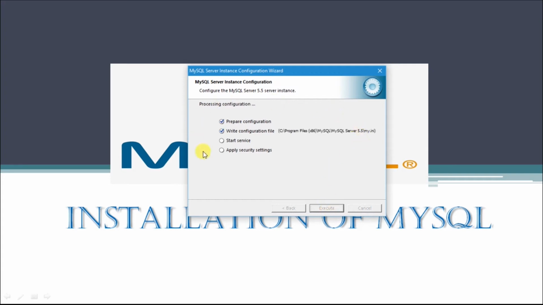So it is installing MySQL right now. It will take some time. As I previously installed MySQL on my computer, it is displaying an error while starting the service. In this condition, what we need to do is cancel this setup,